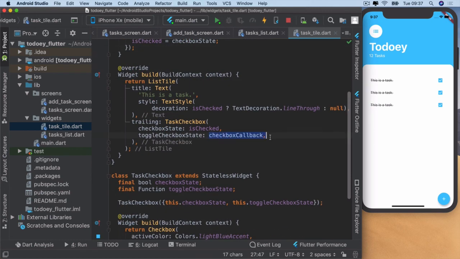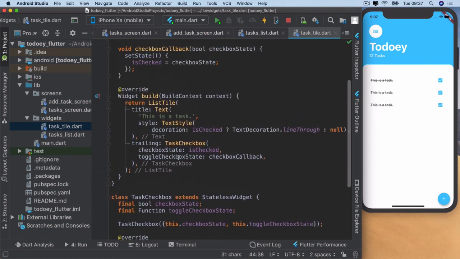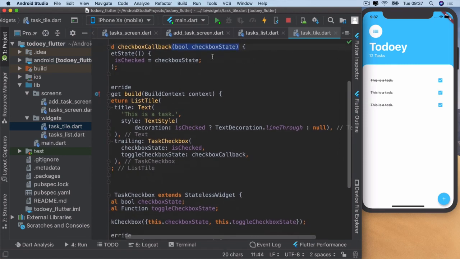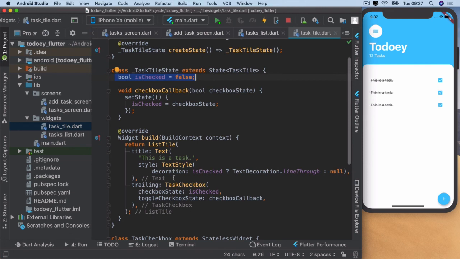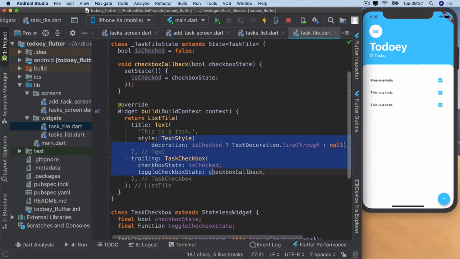And that checkbox callback gets triggered when the checkbox changes, when it will pass over an input into this callback, namely the latest state of the checkbox, and then we're going to use that to update the state of our property. And so that means anywhere where that property is used, namely in the text widget as well as in the task checkbox widget,